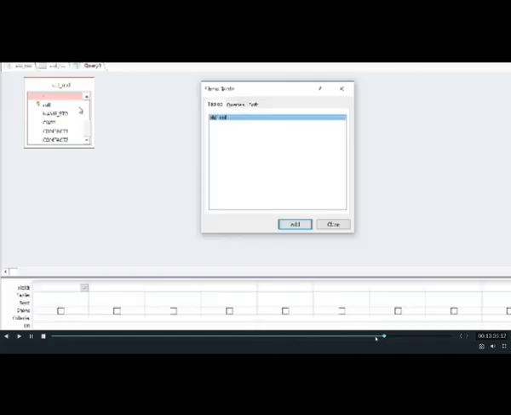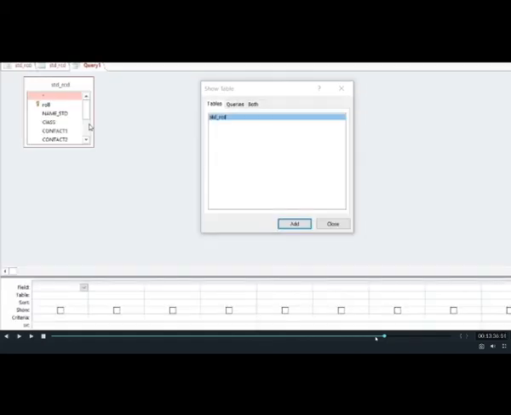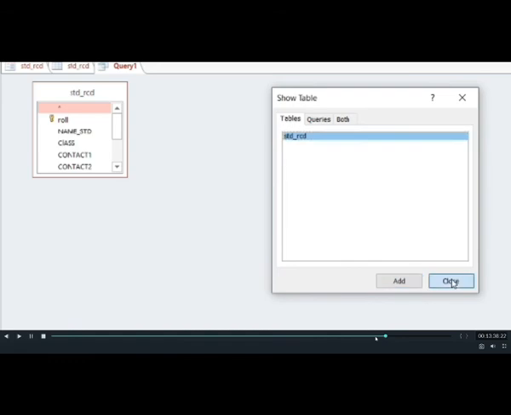So you need to add it. Once you click on add, again you will see a small window will appear with the field names of that table. Now you can close it. Children, just like in design view we had 3 columns, here also in your query window we have 2 parts. That means a query window is divided into 2 parts, top pane and bottom pane.